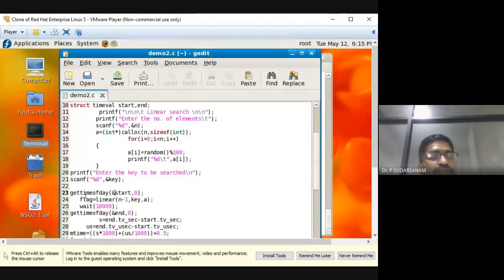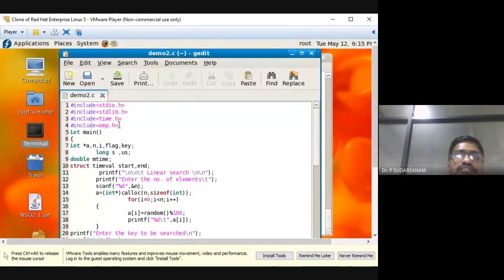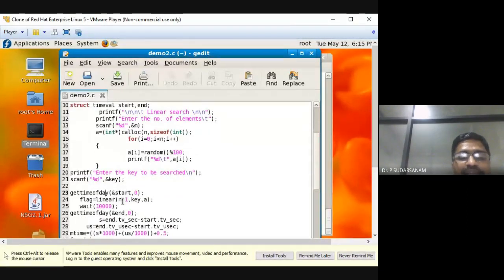For this function purpose, we have used these header files, time.h. Here is struct timeval start and end. The structure is already defined, start and end, to take the time values with address locations.